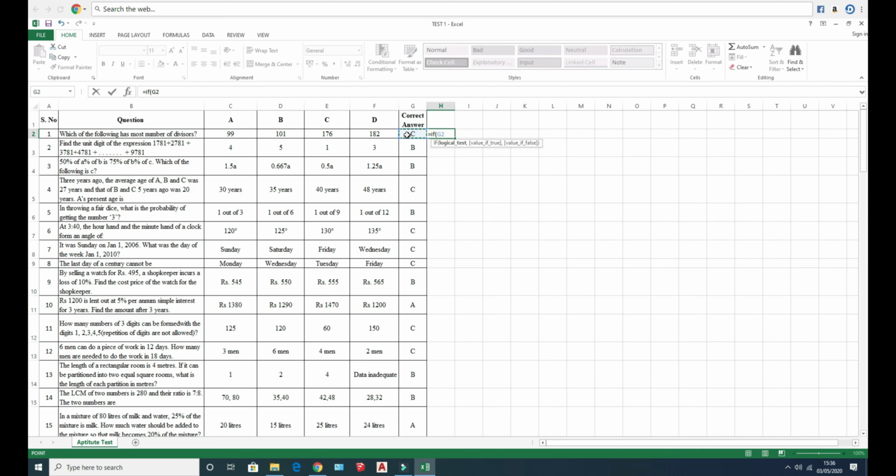If G2 is equal to option A, that is C2, then if G2 is equal to option B, it is available in the D column. Then comma, if G2 is equal to option C,